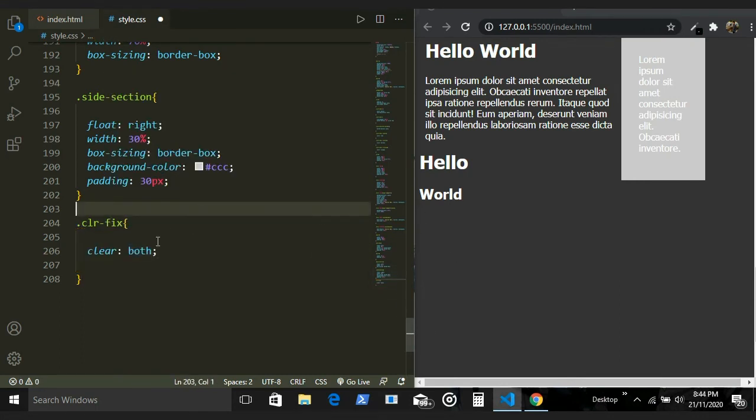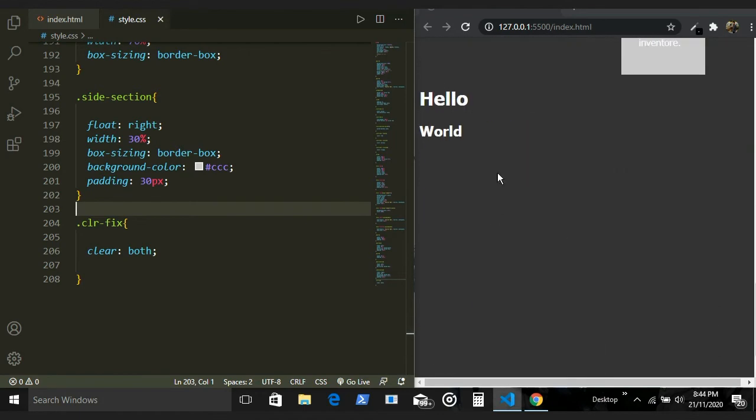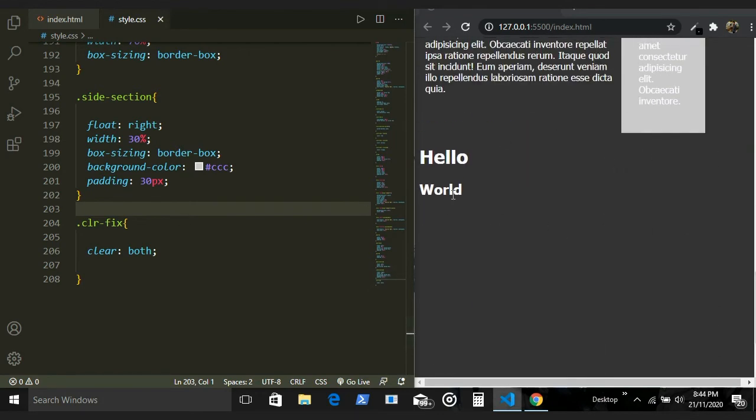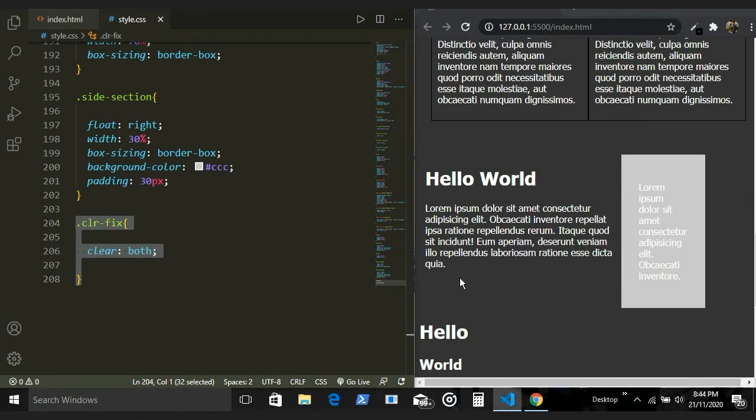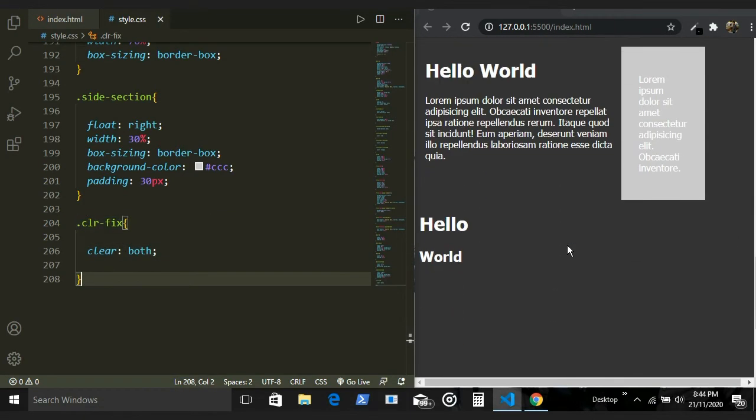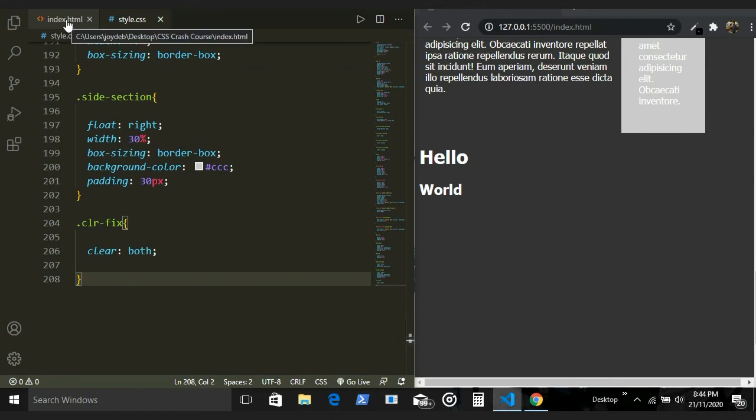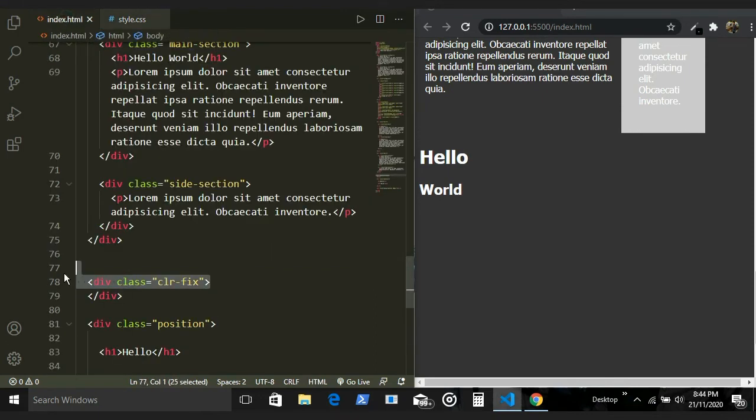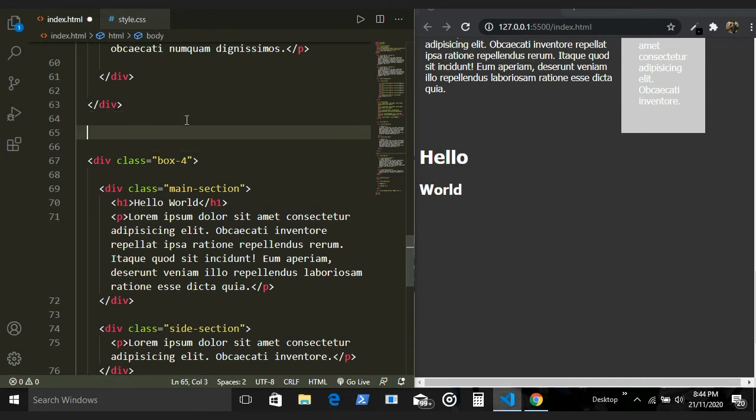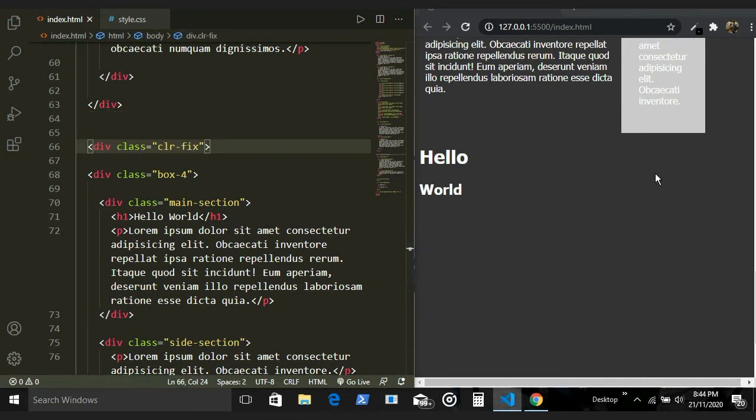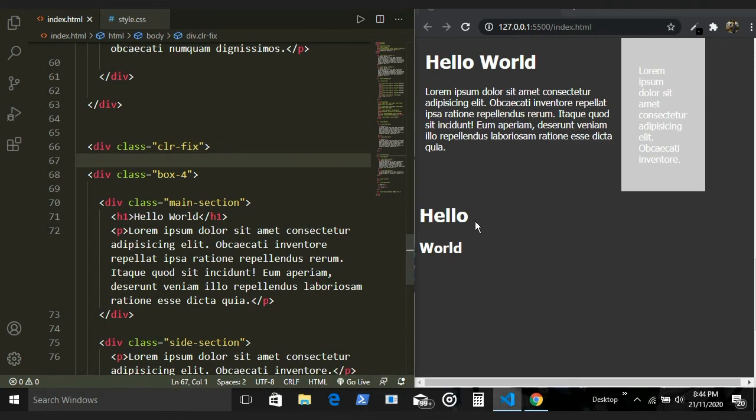Now, basically, you want to have this because whenever you use floats, as you might have seen, if I don't have this, the position is pretty much messed up. So when you have this, you have everything settled and you have a good layout. Okay. So every time you use floats, you want to do this. And so I'll just add this right above box 4 since we have used floating over there. And now if I save, okay,